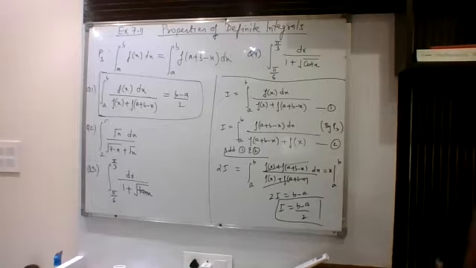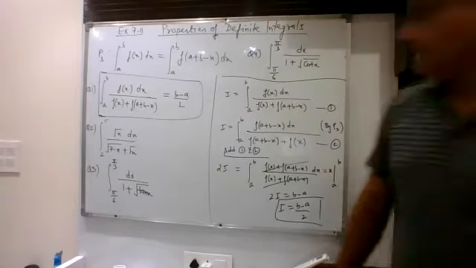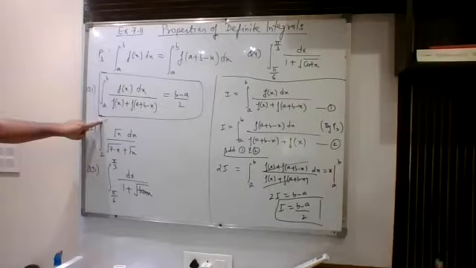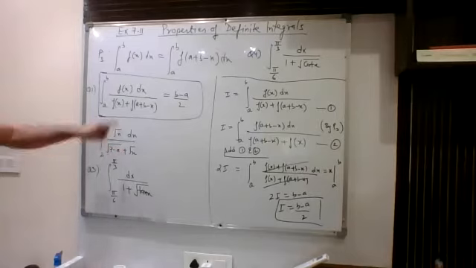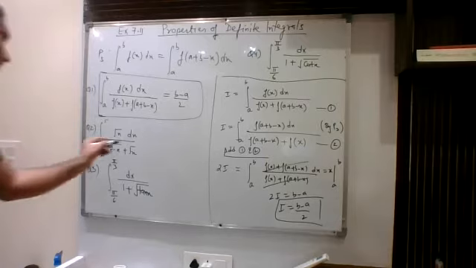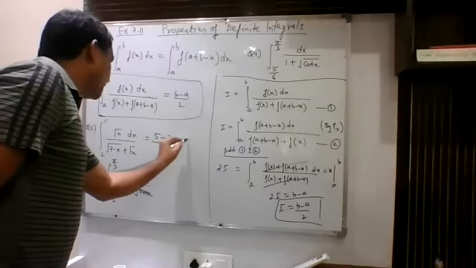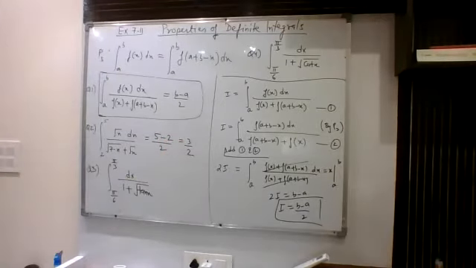Okay, now for question number 2, we can directly write the answer, because this question number 2 is based on this first one only. So here you can see that 2 plus 5 is 7. This is your a plus b. This is 7, right? So its structure is the same as this. So if I want to write the answer directly, then I can write this as (5 minus 2) upon 2. That is 3 by 2. So this will be your answer for this particular question.